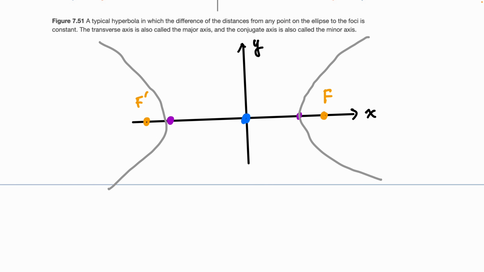Then let's recall that we are using the letter C to indicate the distance to a focus, and we're using the letter A to indicate the distance from the center to a vertex. Note that here the A is going to be smaller than C. A is smaller than C. And then the quantity B,